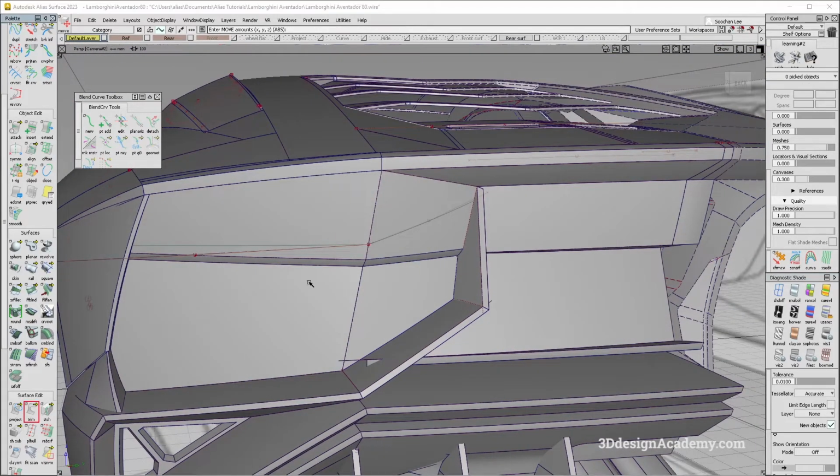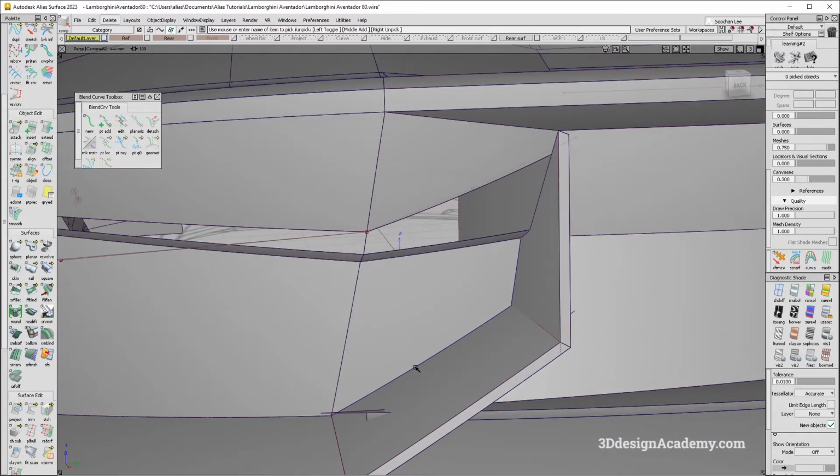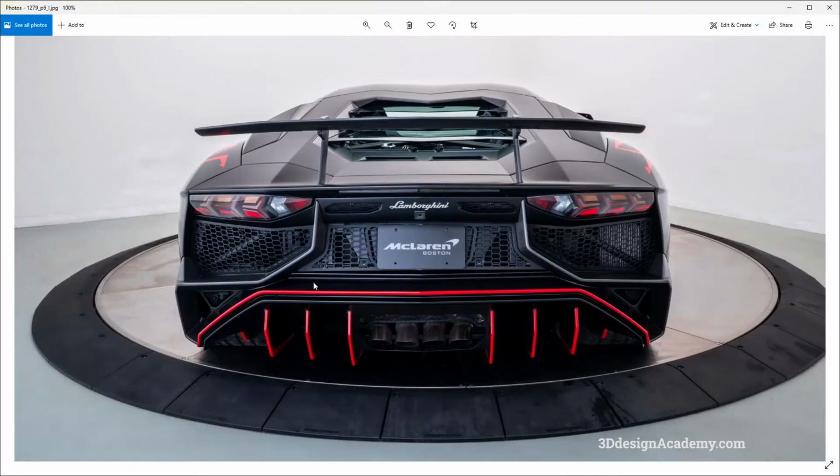And let's go ahead and trim divide. So I'm going to say divide here. I'm going to divide here. And I'm just going to delete the construction history over here. And let's go ahead and put some fillets. Okay, so for this one, it looks like it's actually quite a bit wide. So let me just